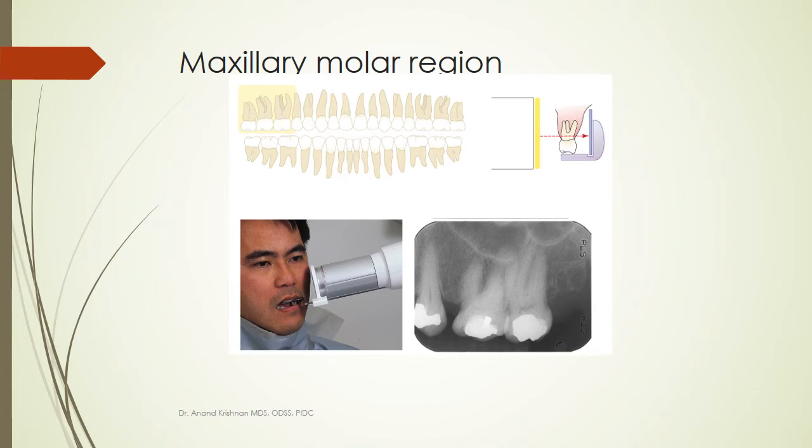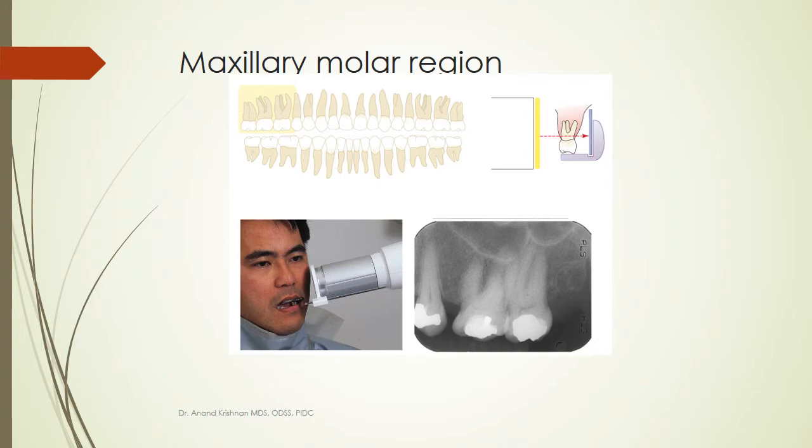So you would have seen multiple in the previous images. We would have shown you blue, yellow, red color and green color. So the blue color coded device is generally used for the anteriors, that is from canine to canine, be it upper canine to canine, lower canine to canine, because in that slot you are going to place the film vertical. Okay, and what we have to again remember is that when you are going to the lower teeth, you will have a very good amount of space to lodge the film, because the lower lingual sulcus is quite deep, so you'll have a good amount of slot to position the film comfortably along.